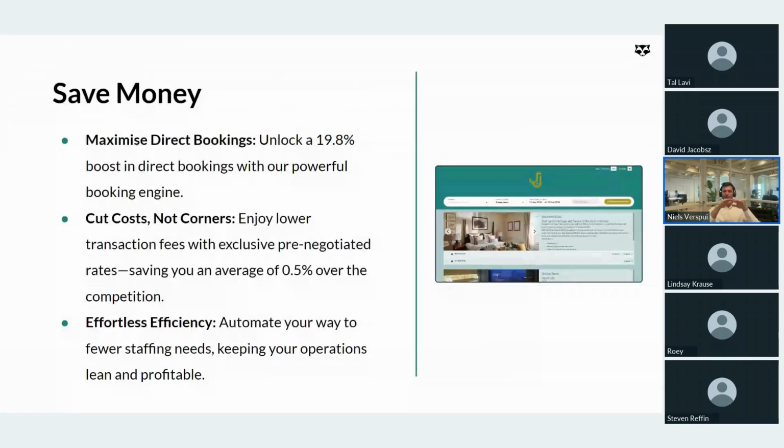That's where it's important to have rate alignment, because obviously if your rate is more expensive on the website than on booking.com, that will be an issue. But because we have that all-in-one solution, rate parity is super simple and easy to manage. And that's how we save a lot of money. On average, we increase direct bookings by 19.8%, which, if you're spending 50K at the moment on commission costs, can save you up to around 10K a month, which is very interesting.